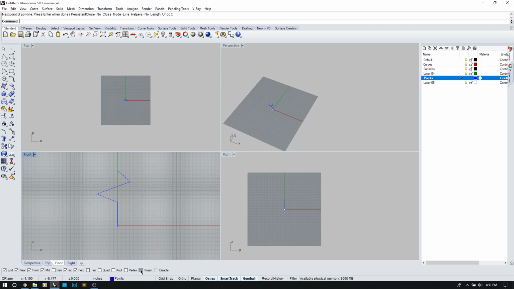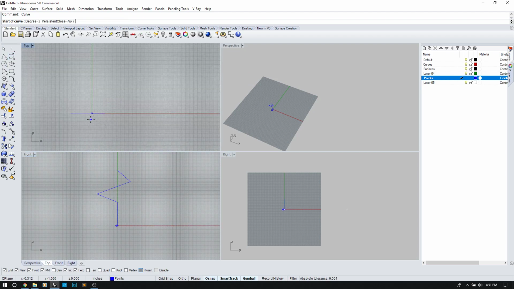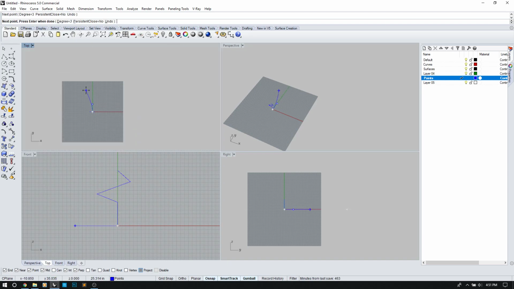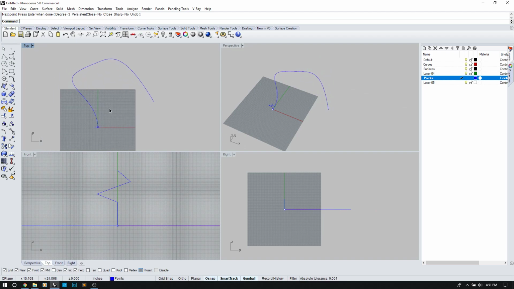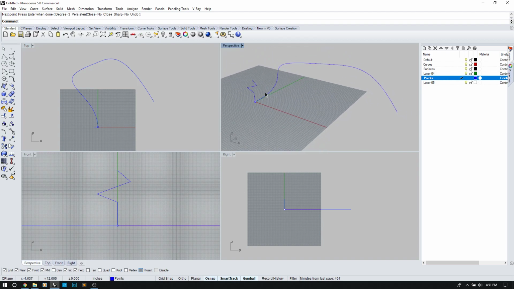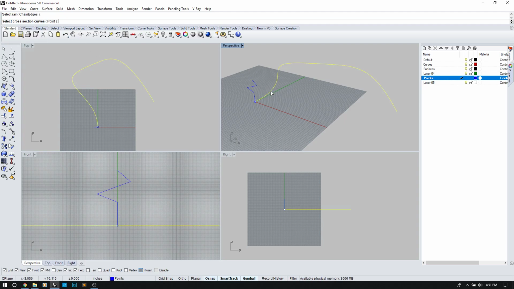Next, let's make sure project is on. And let's go up here and select a curve, and we're going to make a guide rail. Let's find our point, and we'll have it stretch out, and I'll go a little bit like that. So what I next do is I type in sweep 1 and then ask for my guide and